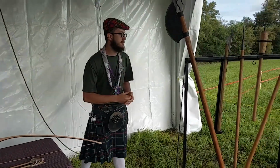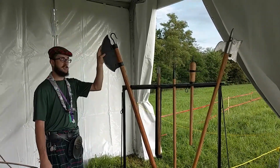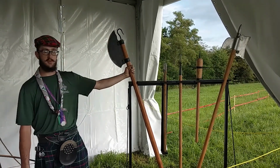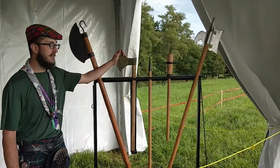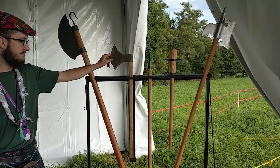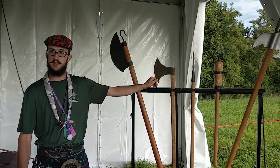Right here we have a series of pole arms. The iconic Scottish lockbar axe that features a hook that was often used to grab men off of horses in battle. Right here we have a battle axe that is based off the one. There's a statue of Robert the Bruce, who is famous for using a battle axe, and this one is based